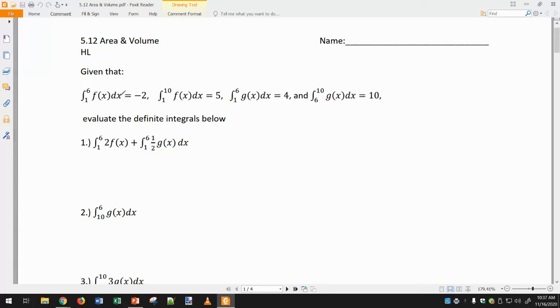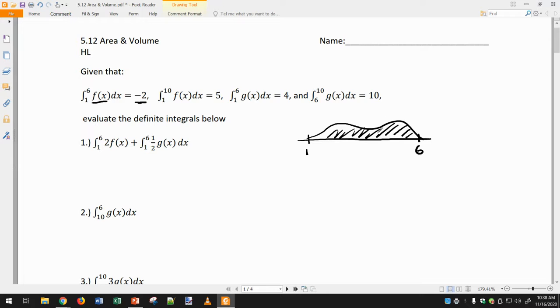These are properties of integrals. So you can't really use your calculator here because you don't know the functions. And so they're just giving you things about two different functions, f of x and g of x. They're saying like the area under the curve of f of x from 1 to 6 equals negative 2. So you have to imagine some curve from 1 to 6, and they're saying the area under this curve is equal to negative 2, which would actually mean